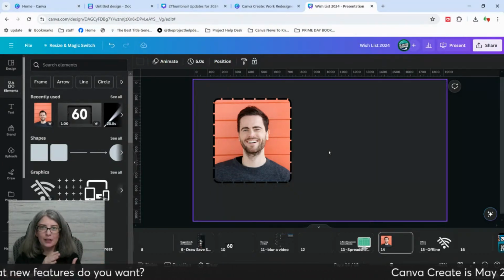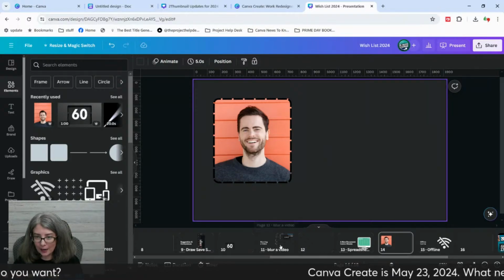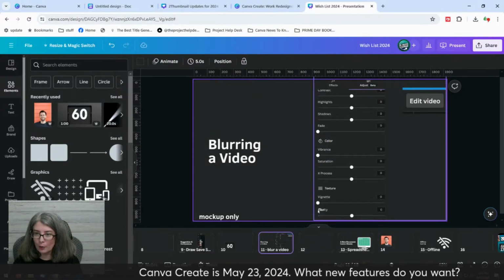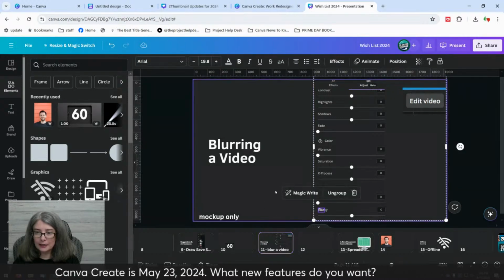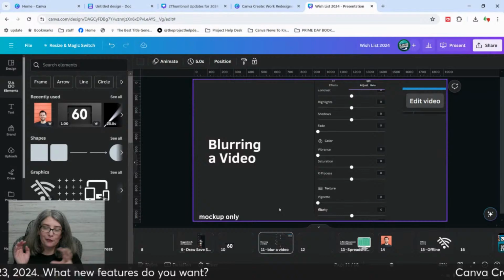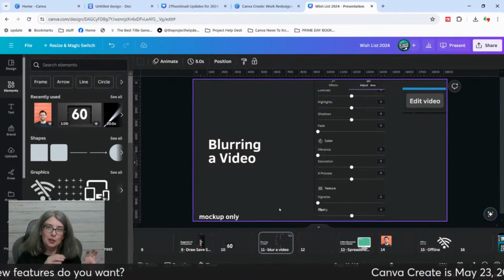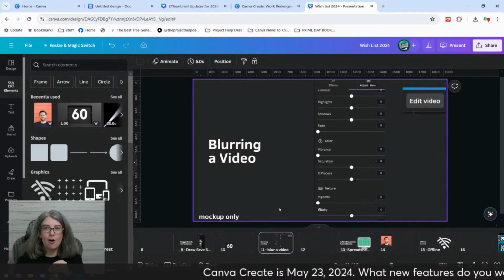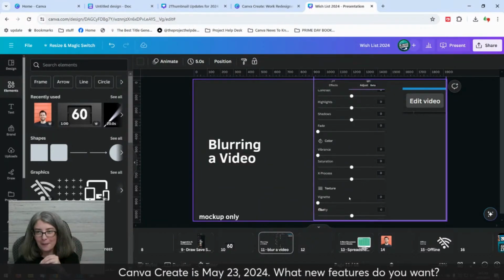And I think I even did a mock-up, kind of like I did with blurring a video, of where it would go and what it would look like. I'm going to have to fix a lot of stuff because when I reverted to the old editor to show something, it reverted all of my mock-ups.